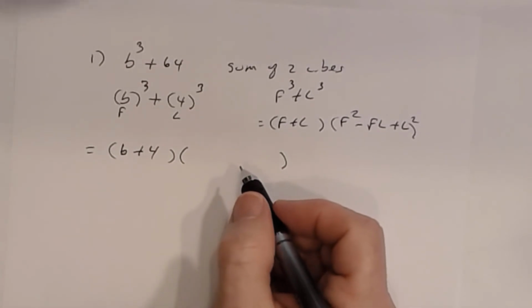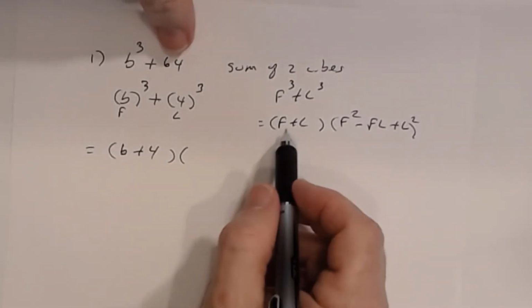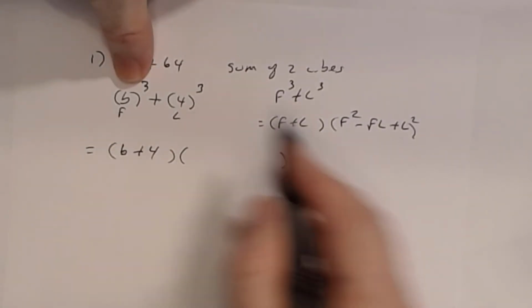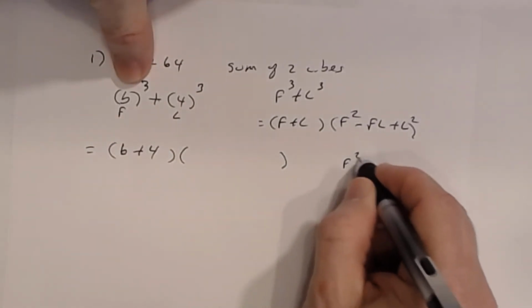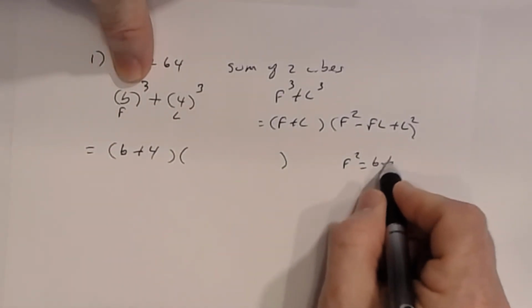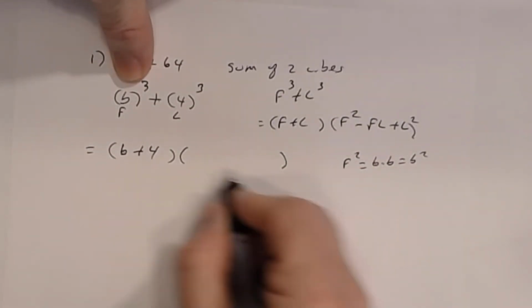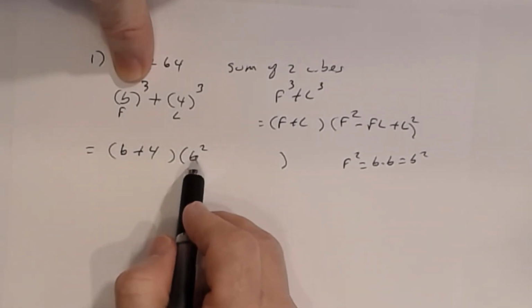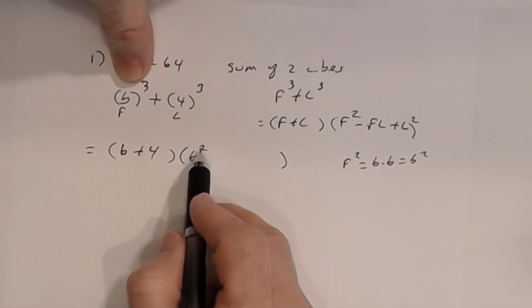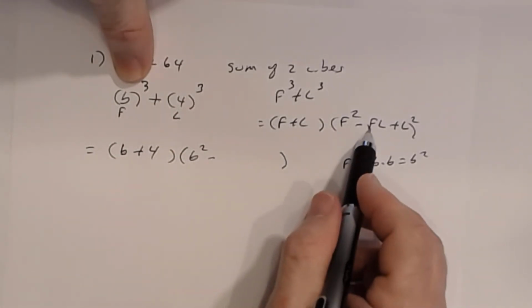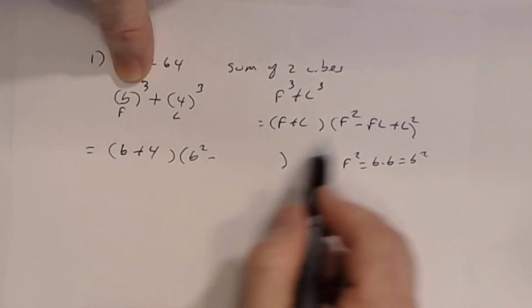All right, so let's think about the trinomial. The trinomial says this: I take my first and I square it. So F squared in this case is b times b, so b times b is b squared. That goes here. F is b, and so you square it. So b squared. Then minus,